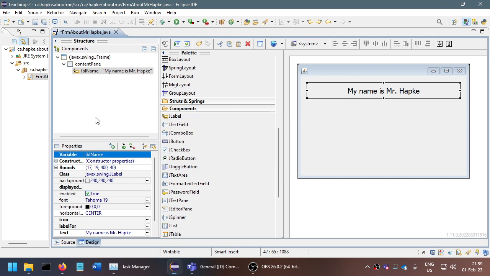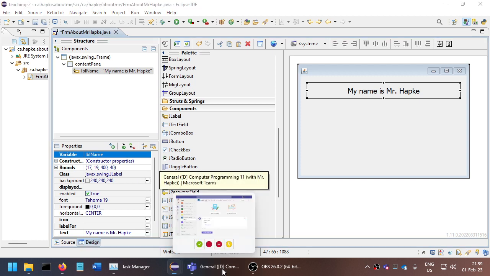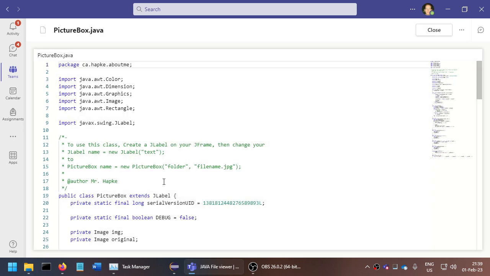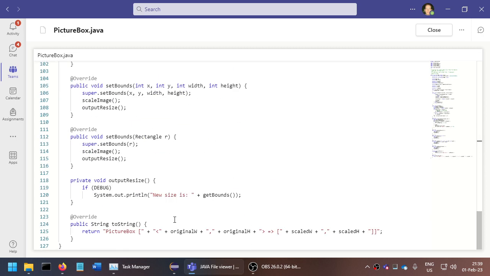And then I'm going to show you how to add a picture box here. So I've posted you 2 files on Teams. If you go over to Teams and then go to the Files tab, you should see 2 files in here, PictureBox and Image Cache. So let's create those 2 files in Eclipse. The way that I'm going to do this, I'm going to open up PictureBox on Teams here and copy everything from line 3 downwards. So all the way to the bottom